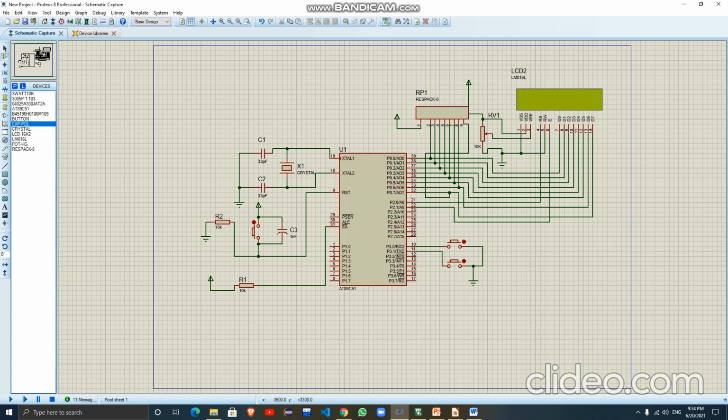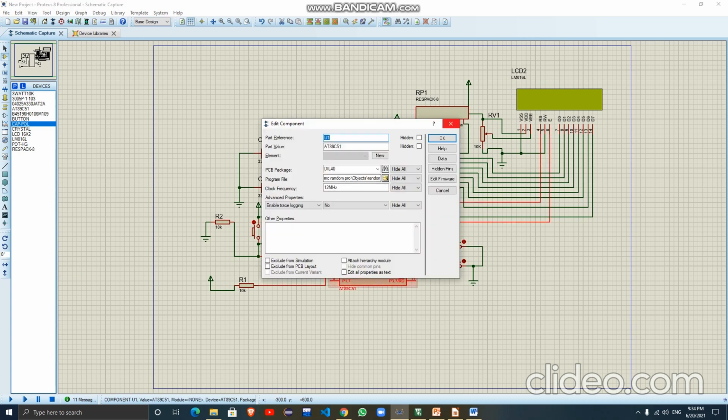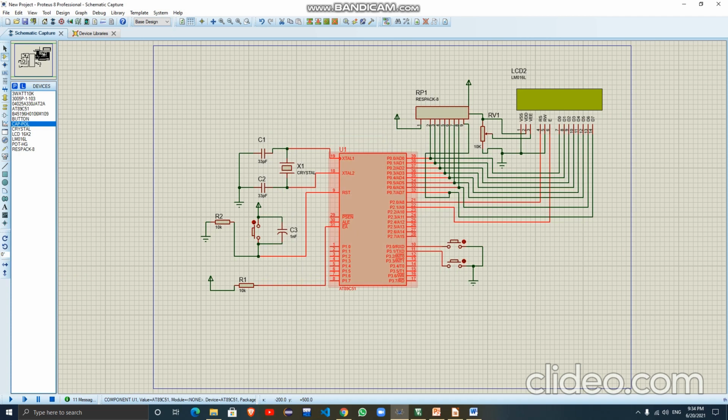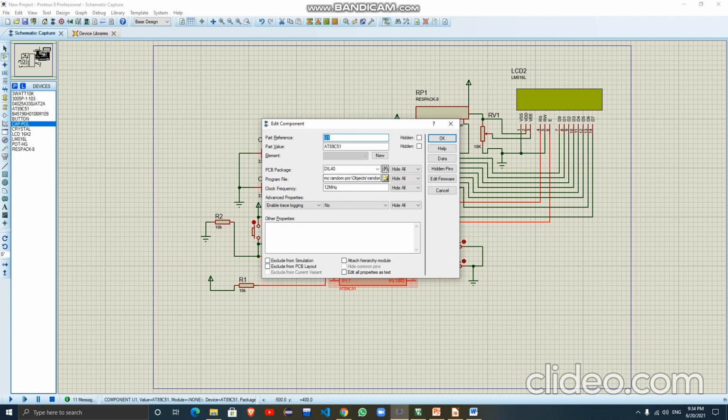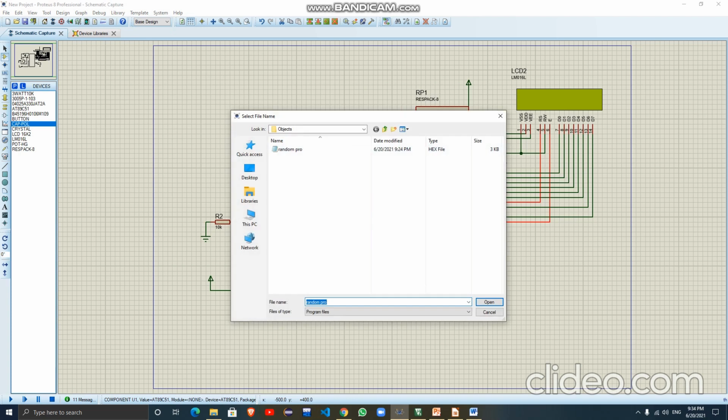Now I need to load that hex file into this program. You select this microcontroller and it will ask for the program file. I already added it. If you click this folder, it will take us to a new volume.